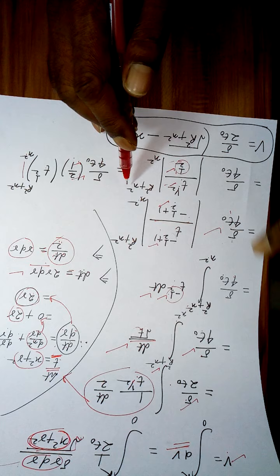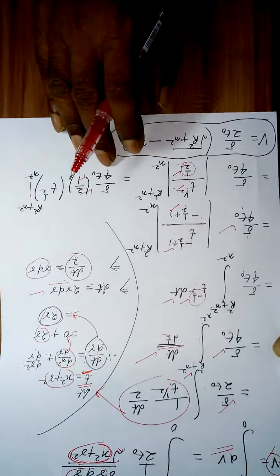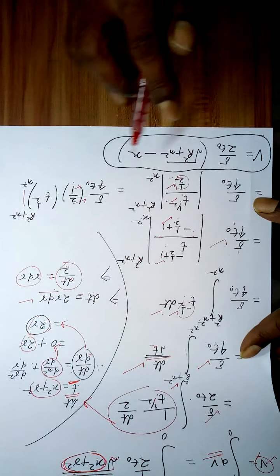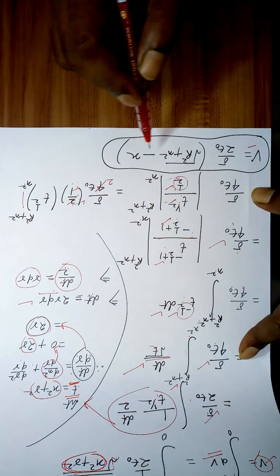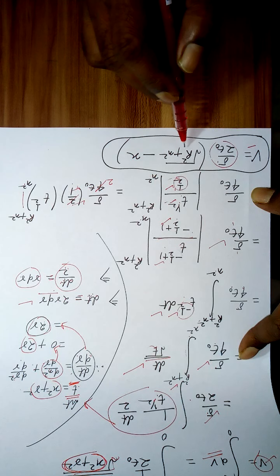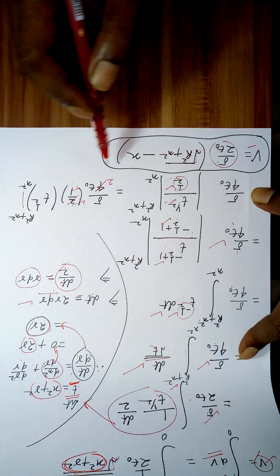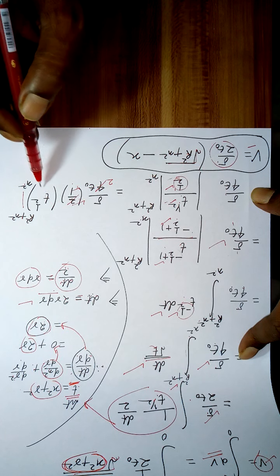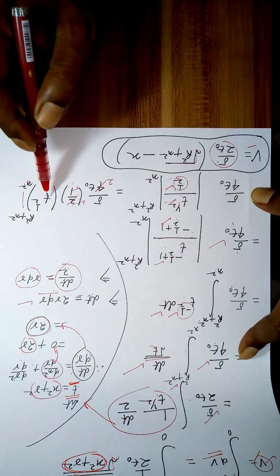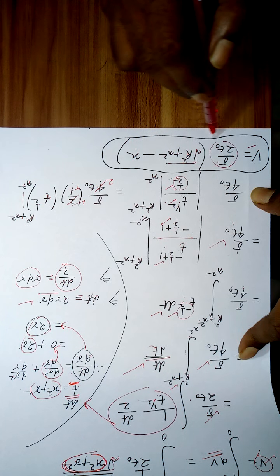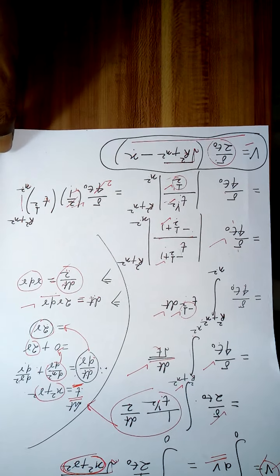So I started from here. Now I arrived at V is equal to sigma, this 2 cancels with 2, sigma by 2 epsilon naught within brackets, the square root of r square plus x square at this limit, minus, if I put x square here, the square root of that is x. So this is the potential due to the uniformly charged disk at a point P.